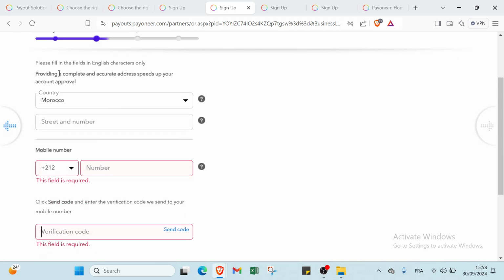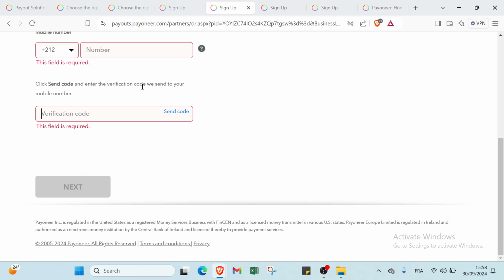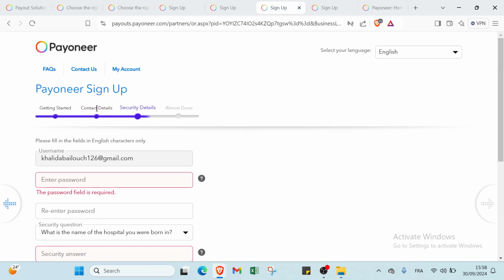You have just to choose. Here we have, please fill in the fields in English characters only. Providing a complete and accurate address speeds up your account approval. You choose your country, street and number, then you have mobile number and verification code also, and you click over next. Then you have another page which is Payoneer sign up also, but we have a security